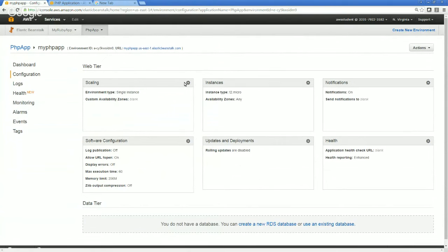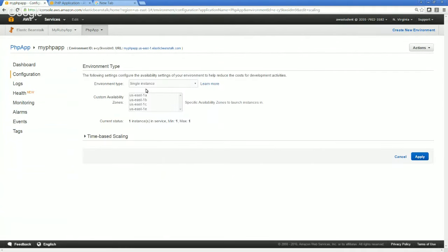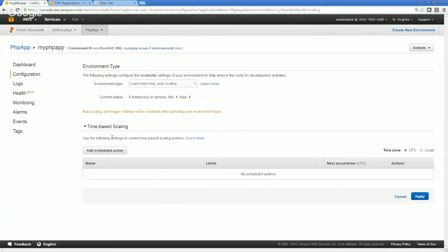So simply go ahead and click on the scaling, and there, instead of the single environment type, just make it load balanced, auto scaled. We can add even time-based scaling. If you think these are the peak hours, you can have X number of instances at a time. So once you change to load balanced auto scale, it says auto scaling and trigger settings will be available after updating the environment type. So once you do that, just go ahead and click apply,